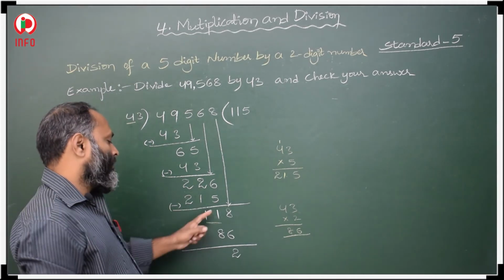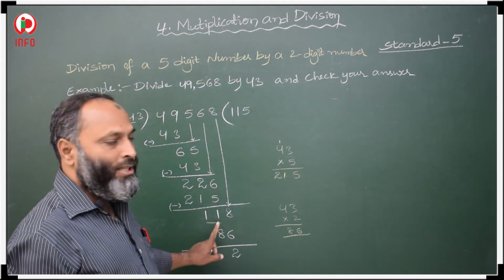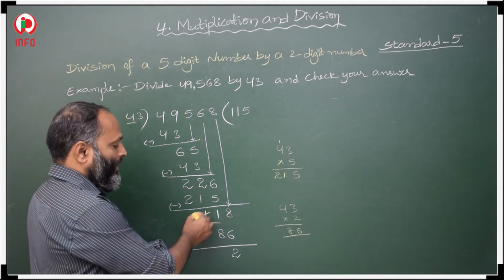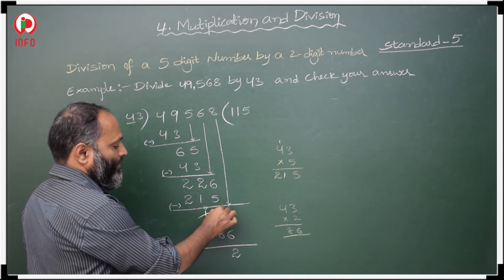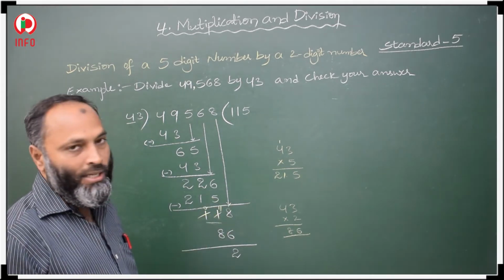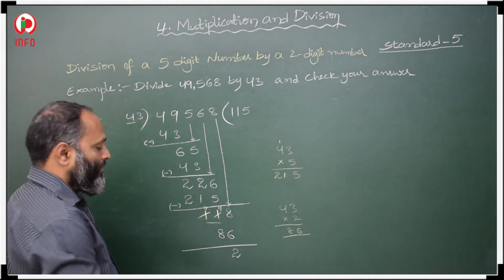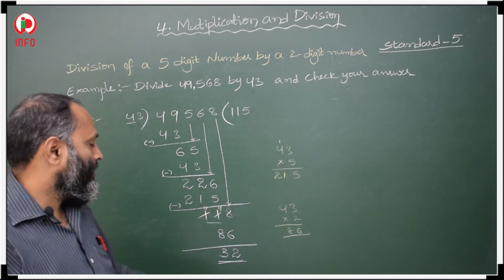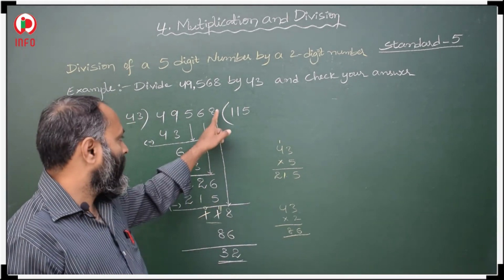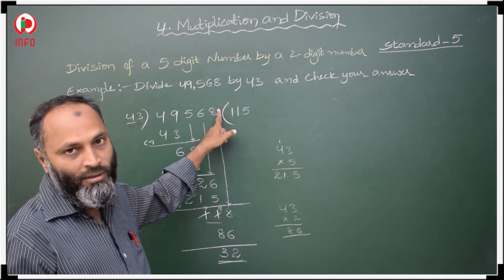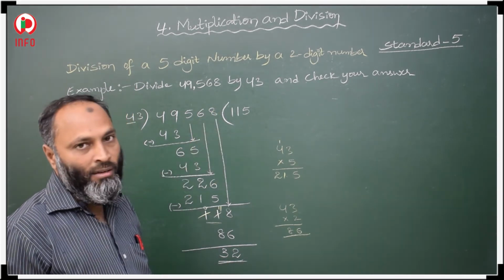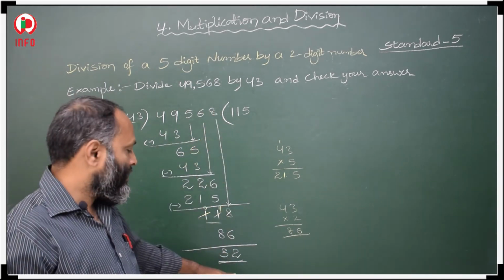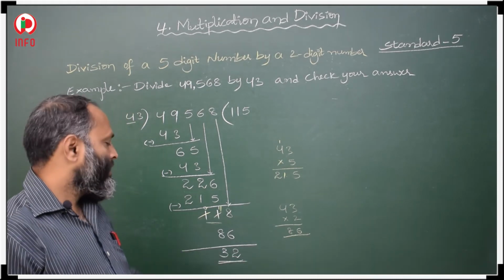Next, 1 minus 8: the minuend is less than the subtrahend, then borrow. Here it will be 0, so it is 11. 11 minus 8 is 3. So 32. What is here? Remainder 32. Is any number left after that? No. So we stop till here. All the digits we took, nothing is left, so you stop here only. This is the remainder.